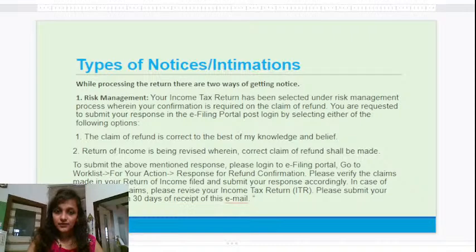Some people always have this doubt about the FD income, which is always reflected in your Form 26AS. On that, 10% TDS has always been deducted by the bank. Then some people ask why they have to pay extra tax, because TDS has already been deducted by my employer, and on the FD income also TDS has been deducted by the bank.